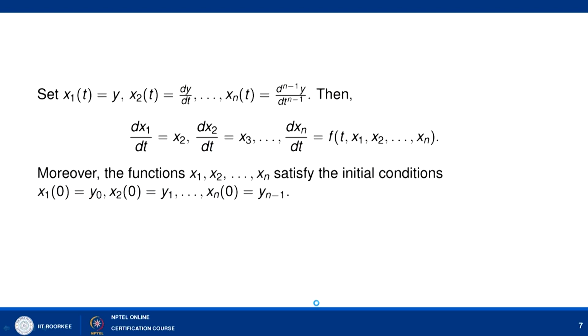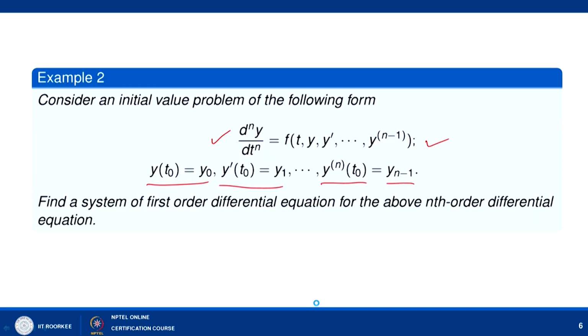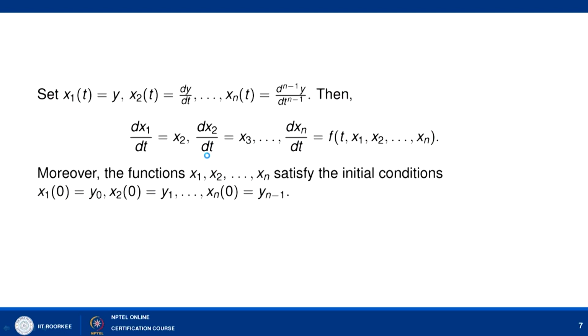So, for converting it, let us assume some n variables, since we can identify that this is an nth order differential equation. So, we have to choose n number of variables, and let us choose x1(t) equal to y, x2(t) equal to dy by dt, and xn(t) equal to d^(n-1) y by dt^(n-1). Now, using the definition of these variables, we can simplify that x1(t) is equal to y and x2(t) equal to dy by dt. So, if we combine this, we can say that x2(t) is equal to dx1 by dt. So, the first differential equation we can write as dx1